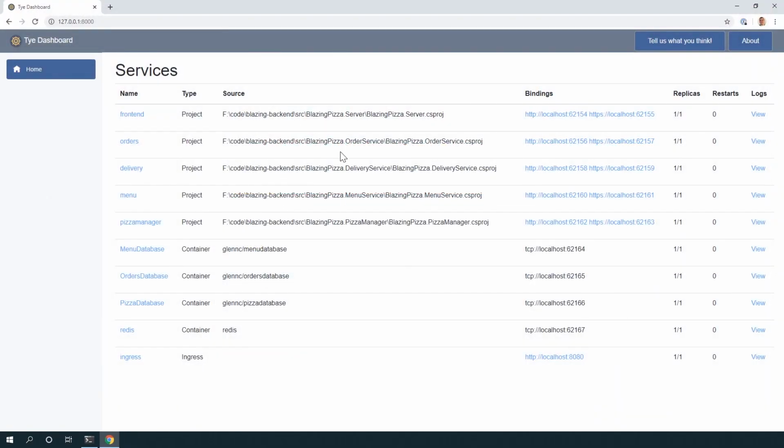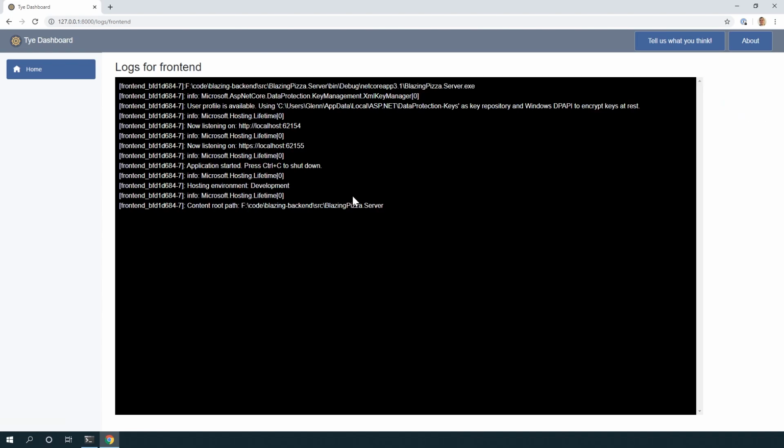instead of F5ing, I can attach, basically. Rather than that, I can just run this, I can Tye run my app, and I can attach the debugger, and everything is fine. And we can look at that in a moment. So I'm going to give you a brief tour of this dashboard. Then I'm going to go back and we're going to look at how Tye knew about all this stuff. So the first thing that we can see in here is I can view the logs for each